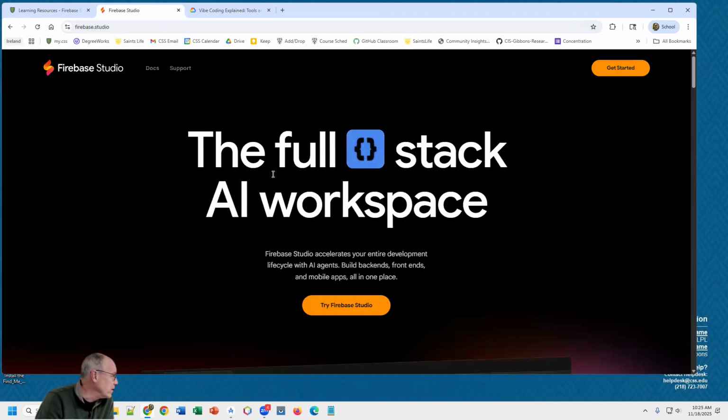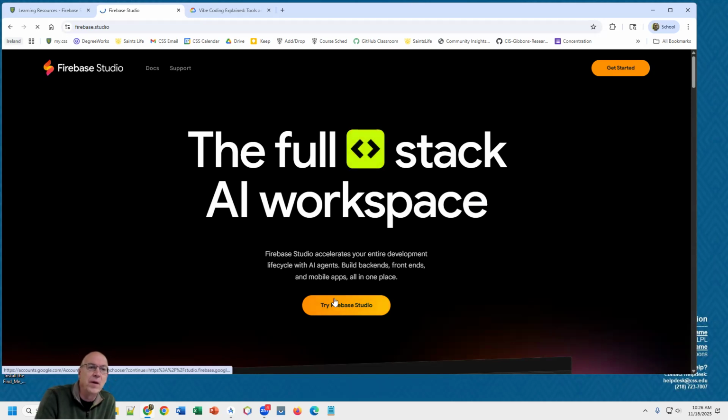I'm hoping this works for you in the lab. I've tried it out, but again, I found sometimes I have different rights as a user. I've gotten onto different beta programs at Google or stuff like that. So hopefully it'll work with your CSS Google ID. Gemini is generally blocked, but I believe this will work on campus. So we're just going to